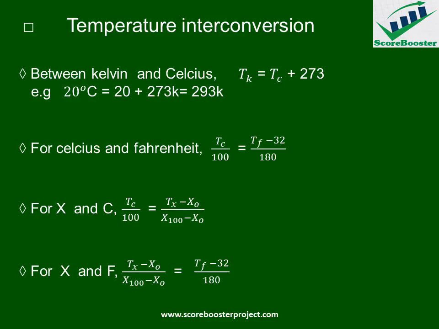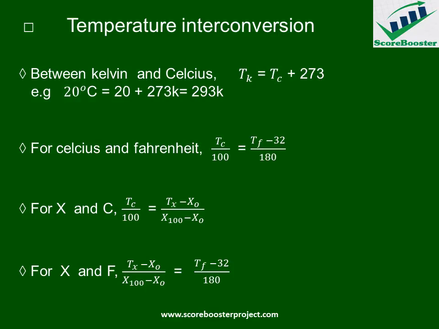I repeat, the interconversion of Celsius and Fahrenheit can be done using the equation Tc over 100 equals Tf minus 32 over 180. That is got from the intermediate point minus ice point over steam point minus ice point